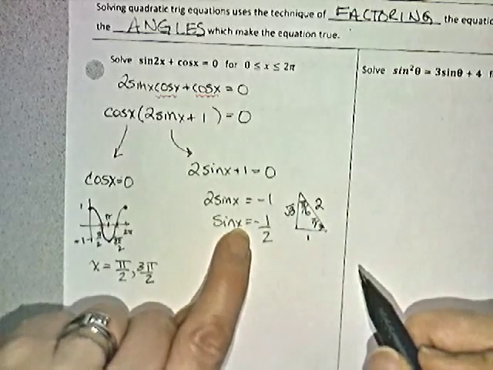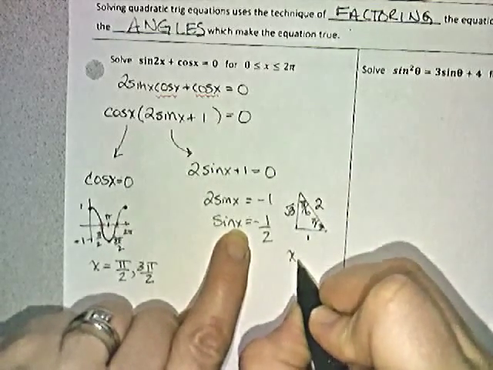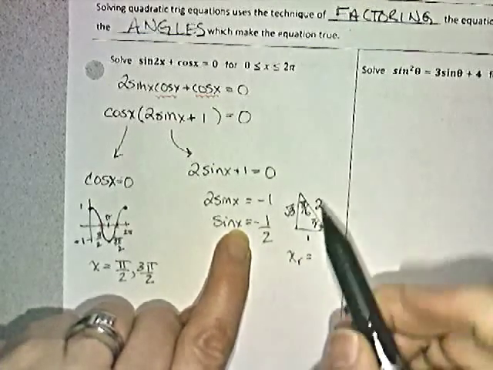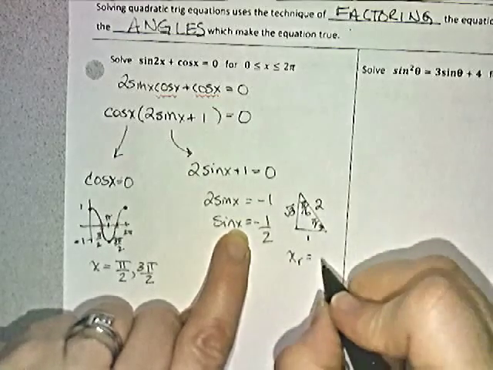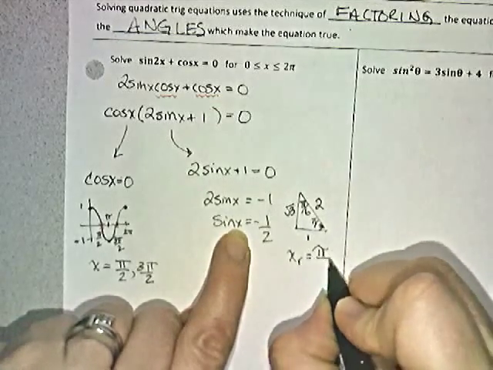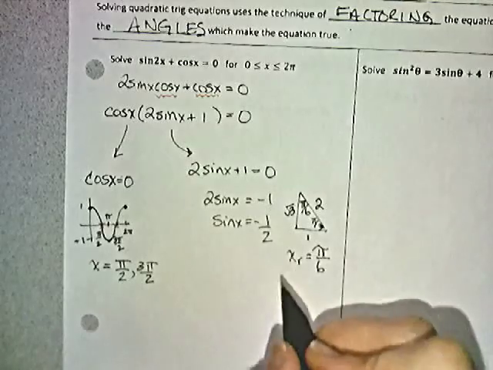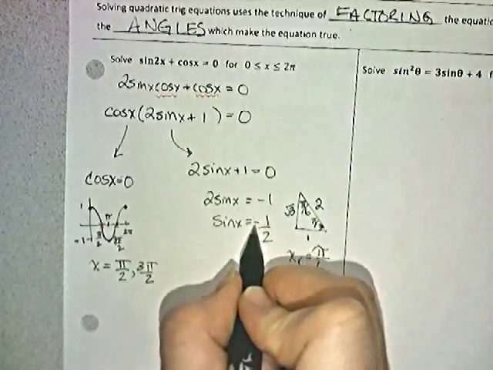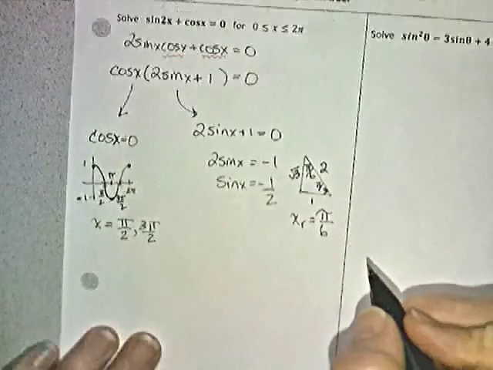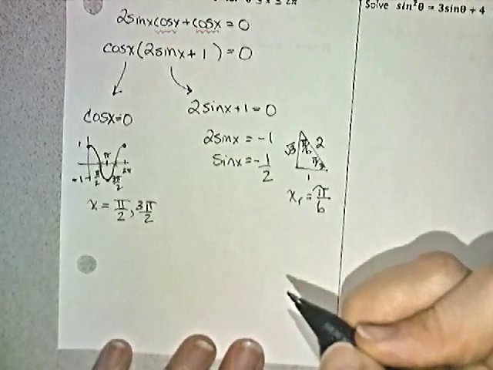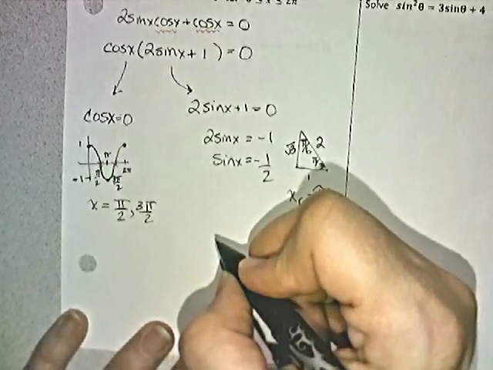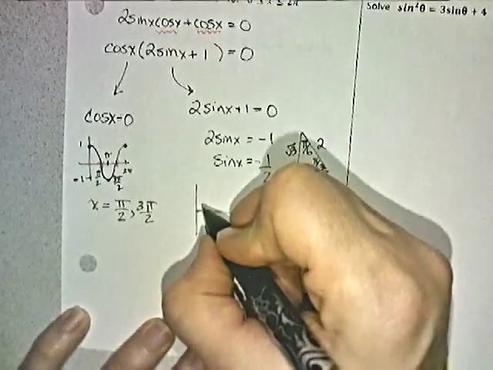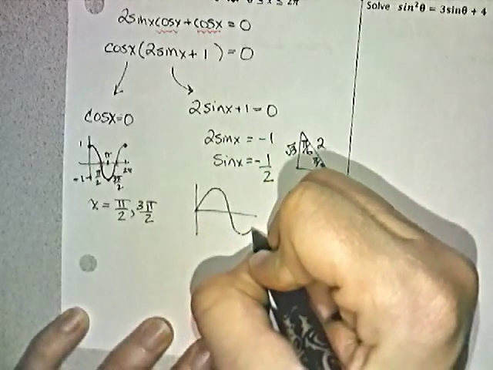Which of the angles here is my reference angle that would have an opposite over hypotenuse, an opposite 1? Well, we know that the opposite side length to pi by 6 is my 1, and so my reference angle is pi by 6, but I need to put it into a quadrant or quadrants where sine is negative. Actually, sorry, I'm pausing because I see that I should have just done a little quick sketch to identify this